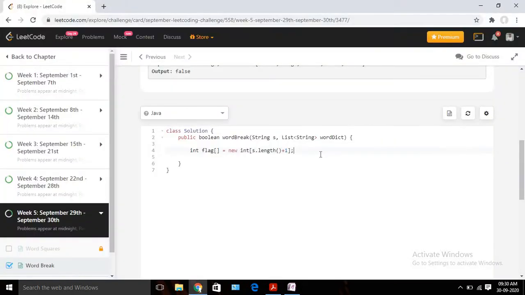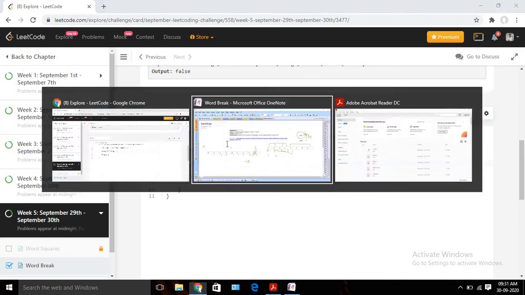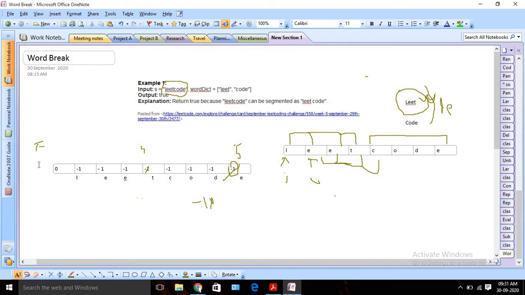Okay, so let's set the first one as 0, is equal to 0. Before that we need to fill this array using some other negative value. So let's do that. We can use Arrays.fill, and we are going to initialize it with all -1 values. What that means is we declare one array and we set all the fields as -1 initially, and after that we set the first one as 0.